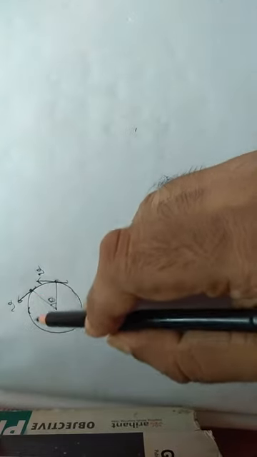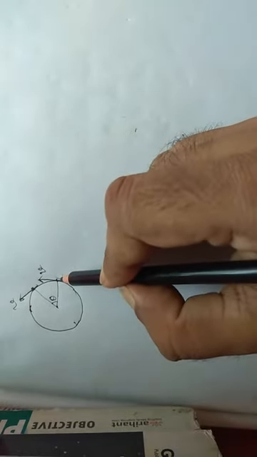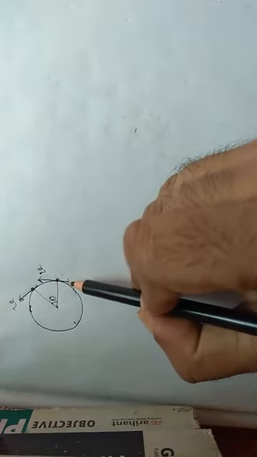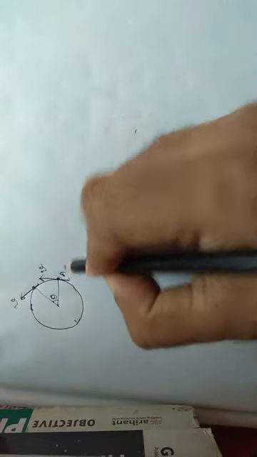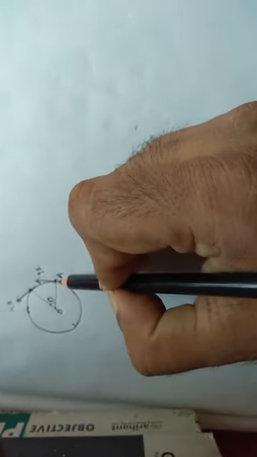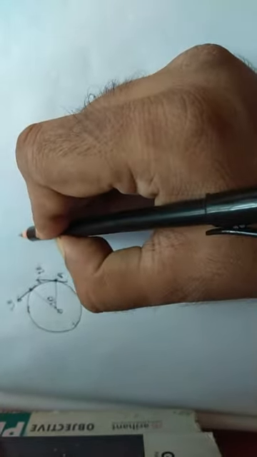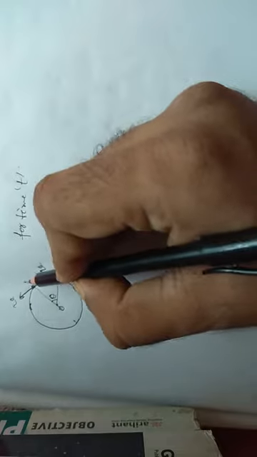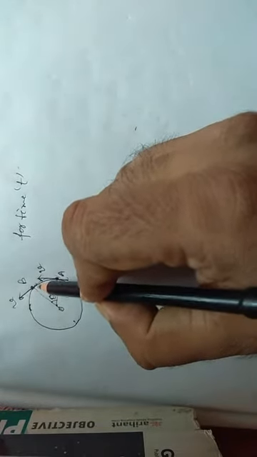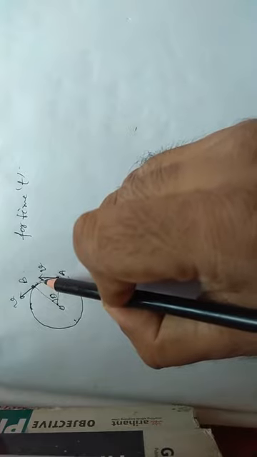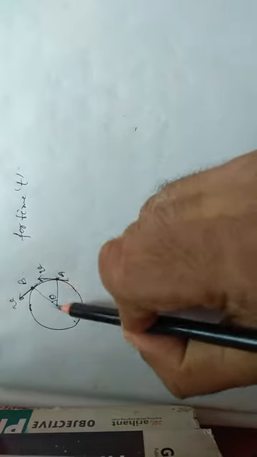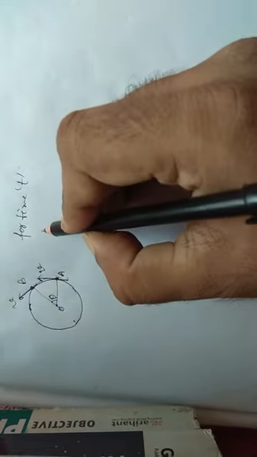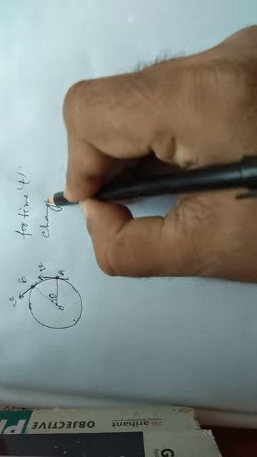Now we take an example. Suppose a particle moves in a circular path. The velocity of the particle at this point is v. It acts tangentially at this point, point A. This is the center O. The particle moves for time t, and reaches a point B where the velocity remains the same, but tangentially it is also v. The angle subtended by the 2 points at the center is theta. We have to find the change in velocity.